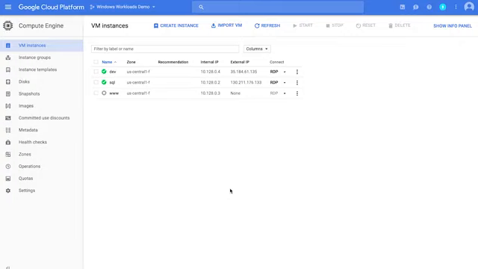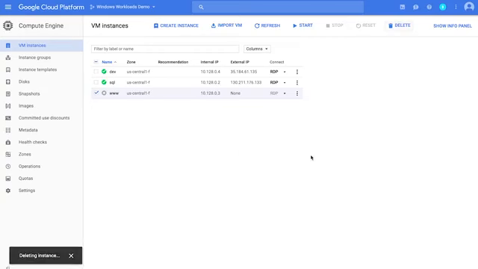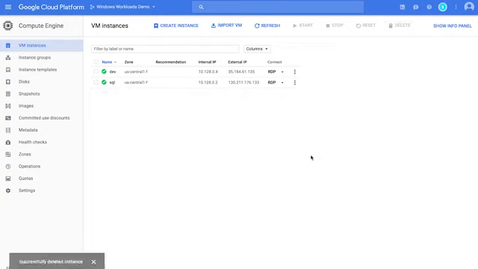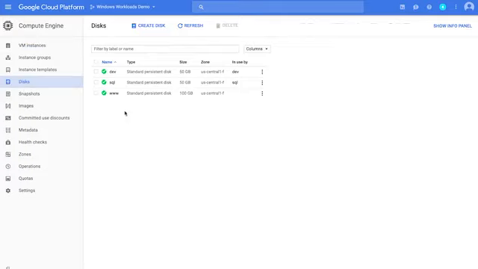First, we'll take our web server and stop it, and then delete it, keeping the custom disk. You can see that my www machine, which is our web server, has already been stopped. When we click on the delete button, we're going to keep the disk but remove the machine. Okay, now that machine's been deleted. If we take a look, because we decided to keep the disk, we've still got our disk available.